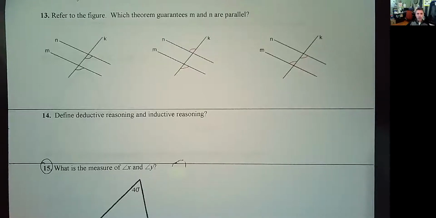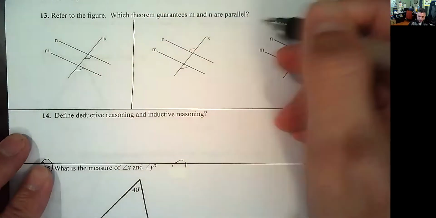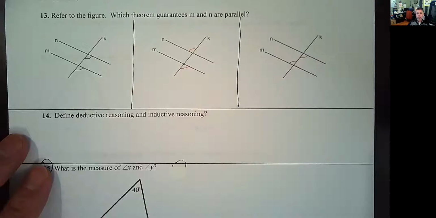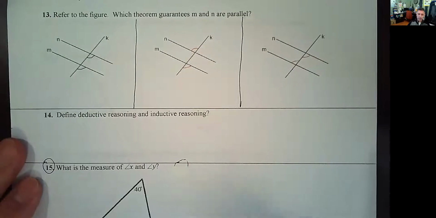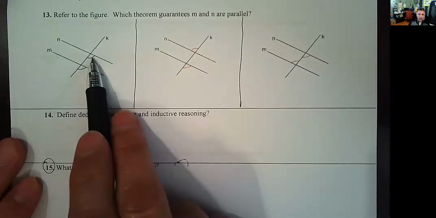For number 13, it says refer to the figure, and I have three different ones. Really, this is three different examples. Which theorem guarantees M and N are parallel? Okay, so all we really have to do there is identify the angles that are highlighted,